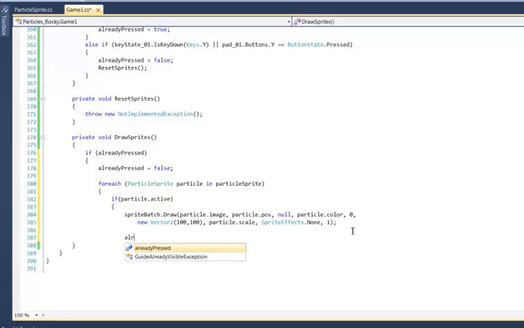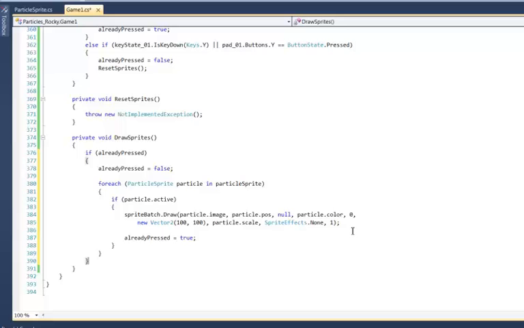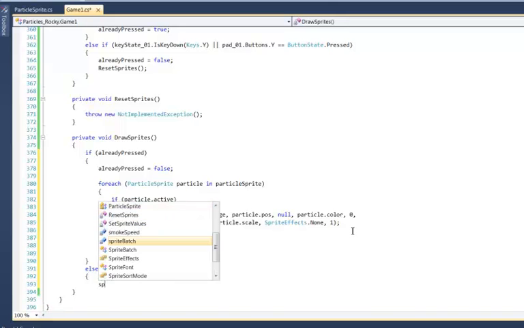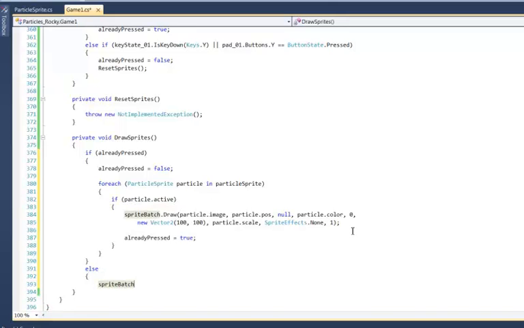Okay, so now we can continue on here, and we've got our next thing we're going to do, remember, is if we found that a particle was active, we set already pressed equal to true, semicolon, closing curly, and then closing curly on the for each, and then we need one more closing curly on the if already pressed. Now that takes care of drawing the particles, but what if it's not? What if the particle system isn't active? Then we have this else case here,